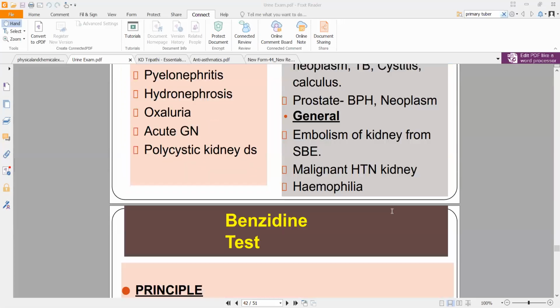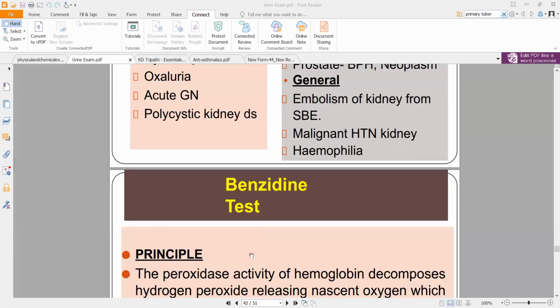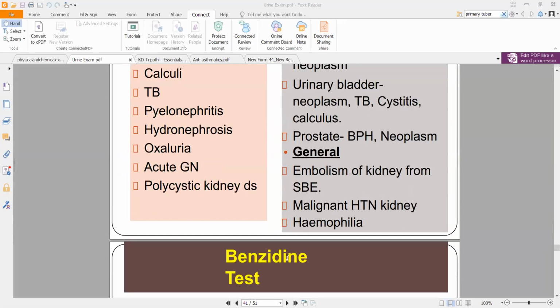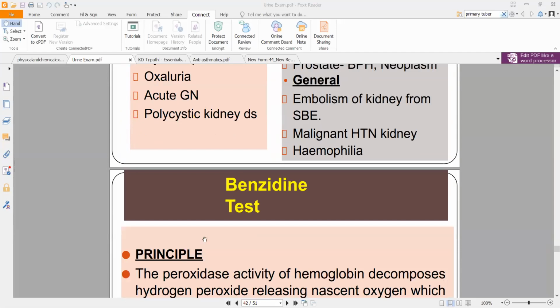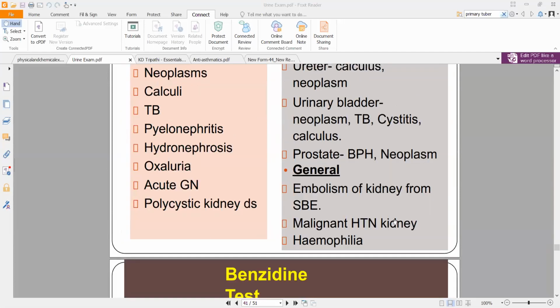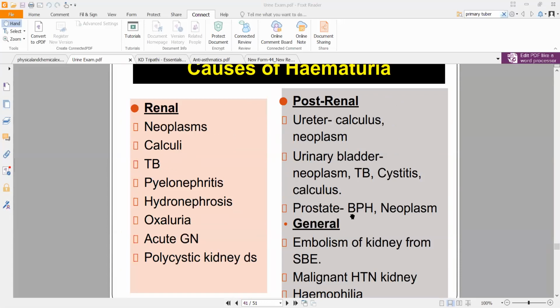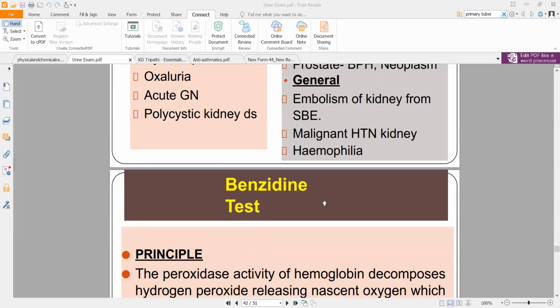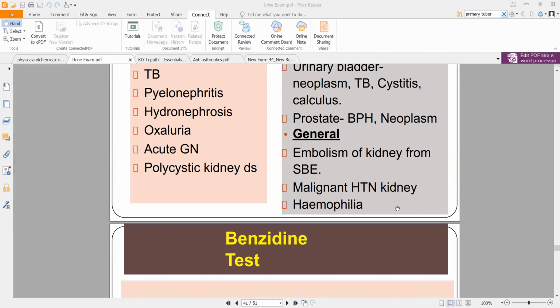यहाँ पर when we went over the causes, see, all of these tests are being done so that you can suspect one of these causes. So technically speaking, this test will come before these causes, because let's suppose I have some patient, okay, and I am suspecting that the patient might have hematuria. What I will do is I will perform benzidine test. After performing benzidine test, I can narrow down in one of these, okay. It can be renal, post renal, or general. But if I don't know whether they have RBCs or not in the urine, I will not be able to narrow down the diagnosis to these, okay.